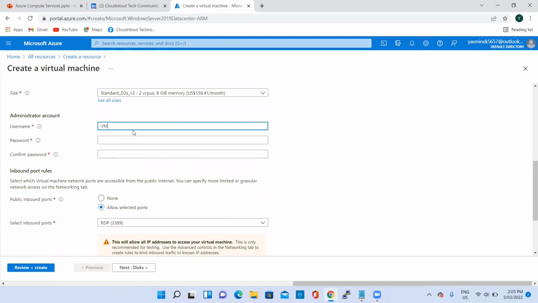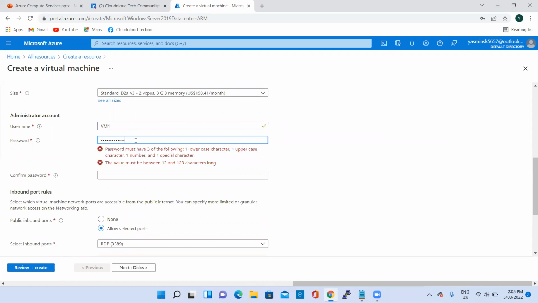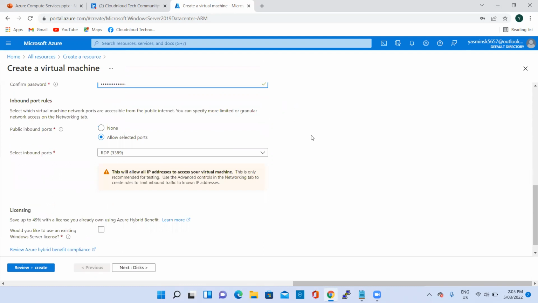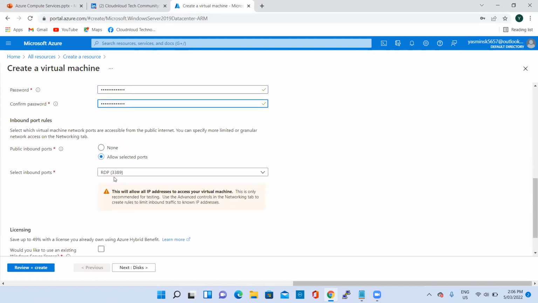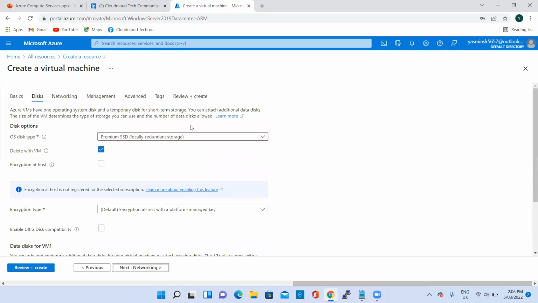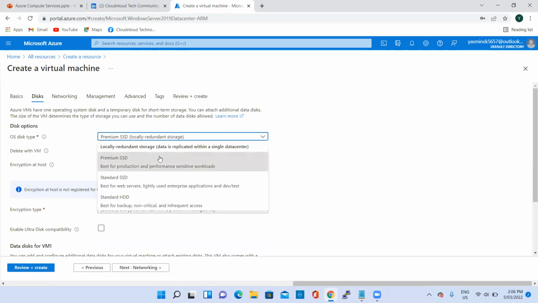So I'm just giving some name, password. So this is the username and password which you are going to utilize while connecting to the RDP of the virtual machine we are creating. Okay, so I'm allowing the port RDP. Go to disks. So now, as you can see here, we have 3 types of disk here, which is a